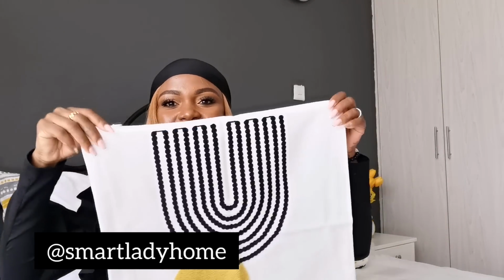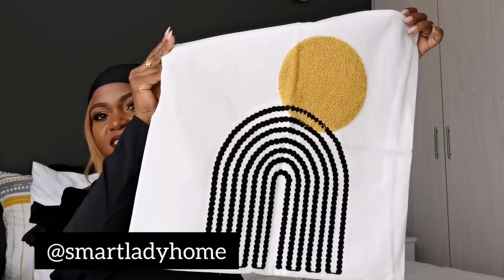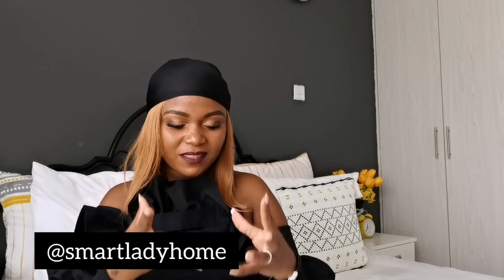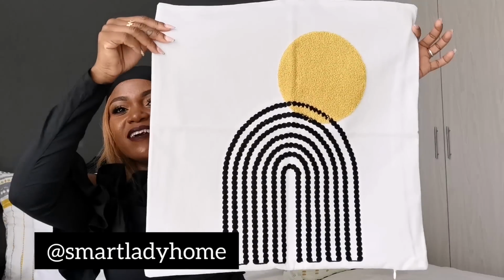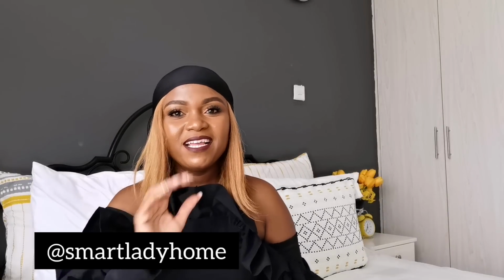And then the second piece, of course, it had to do something with abstract art. So this is the second piece. I just love the minimalistic look on them, but it speaks volumes. So that's the second one. And then the third one,